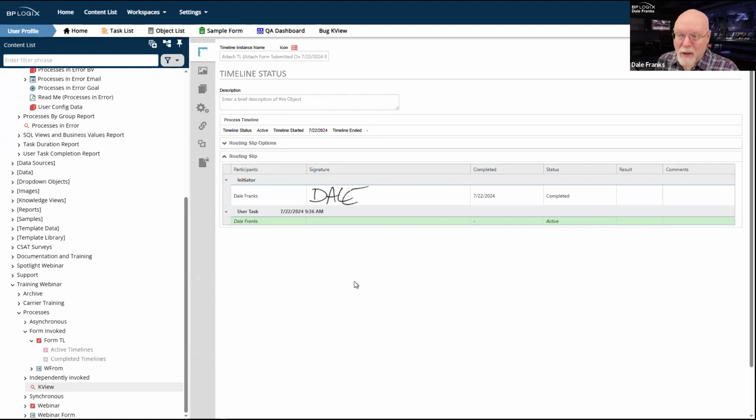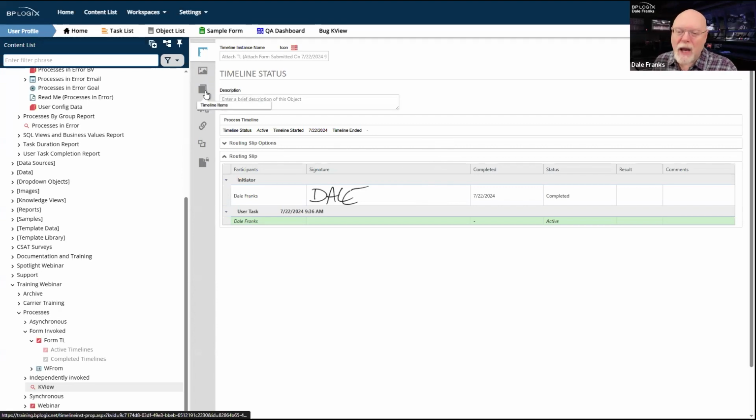This, by the way, is, I think, one of those cases because there should be an attached form associated with this process timeline, and there's not, which most likely means that I deleted that. Pro tip: when you delete the form instance, if you don't delete the timeline, the timeline instance still exists and it's still running, but now it's orphaned because it doesn't have a form associated with it. That's generally not a good thing.